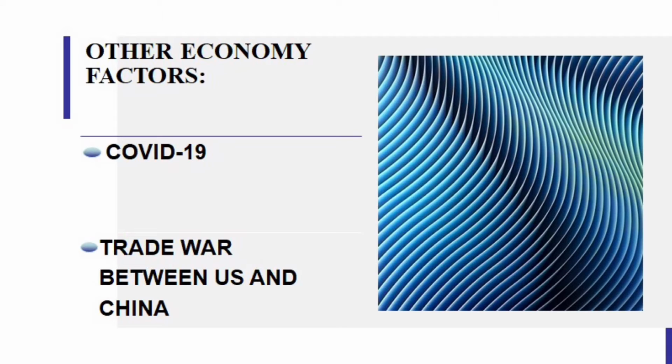Last but not least, the trade war between US and China. The US-China trade war started on 6 July 2018, when the US imposed a 25% tariff on US $34 billion of Chinese imports, the first in a series of tariffs imposed during 2018 and 2019. President Trump launched the trade war to pressure Beijing to implement significant changes to its economic system that facilitates unfair Chinese trade practices, including forced technology transfers, limited market access, intellectual property theft, and subsidies to state-owned enterprises.